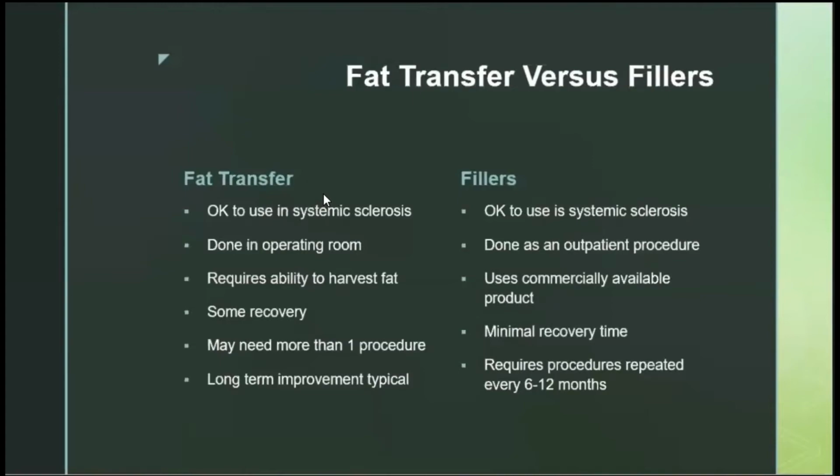Some of these fillers now are lasting 12 to 18 months, but you do know you're going to need a repeated procedure. And as I said, depending on the volume that you're needing and the amount of improvement you're needing, this could become exceedingly expensive. Now, if you're just looking to plump your lips or maybe plump the lines around the lips, that might be more feasible with fillers, but the full facial higher volume is better done in terms of a fat